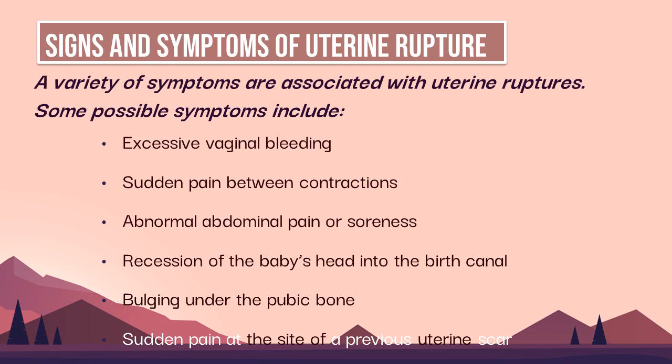Now let's talk about the signs and symptoms of uterine rupture. Uterine ruptures are associated with a number of symptoms. Some possible symptoms may include excessive vaginal bleeding, sudden pain between contractions, abnormal abdominal pain or soreness, recession of the baby's head into the birth canal, bulging under the pubic bone, and sudden pain at the site of previous uterine